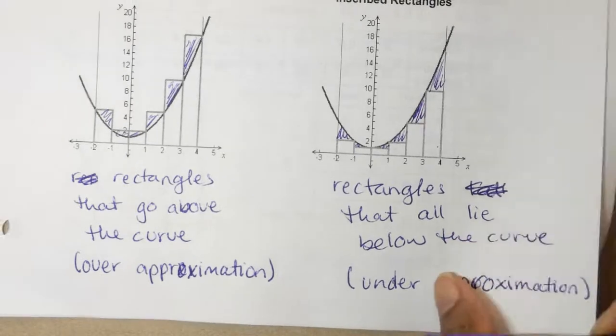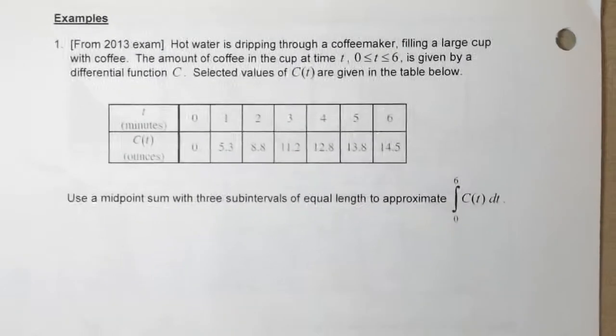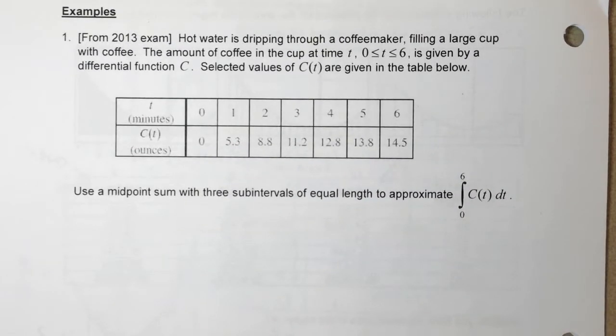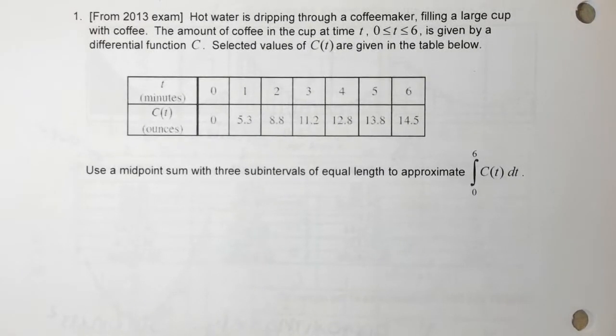Now let's use these Riemann sums on tables. So this is an example from the 2013 AP exam. Hot water is dripping through a coffee maker, filling a large cup with coffee. The amount of coffee in the cup at time t, when t is between 0 and 6, is given by the differentiable function c. Selected values of c of t are given in the table below. Use the midpoint sum of 3 subintervals of equal length to approximate